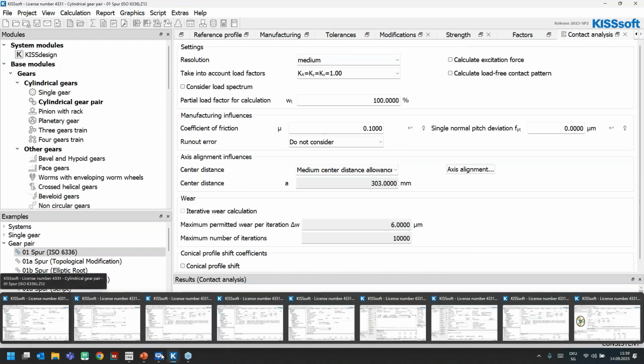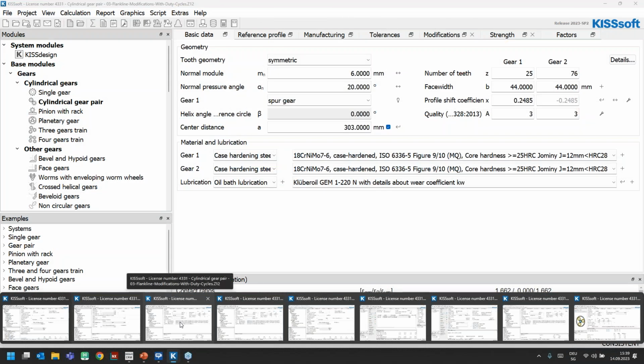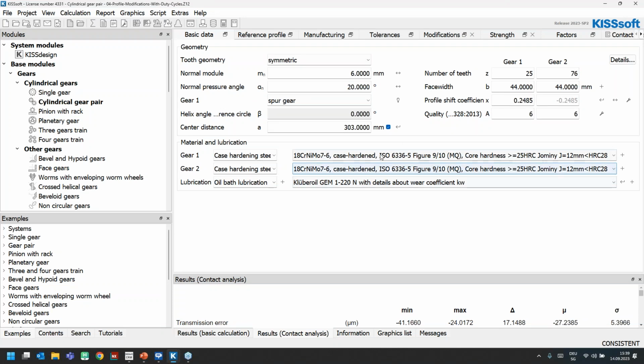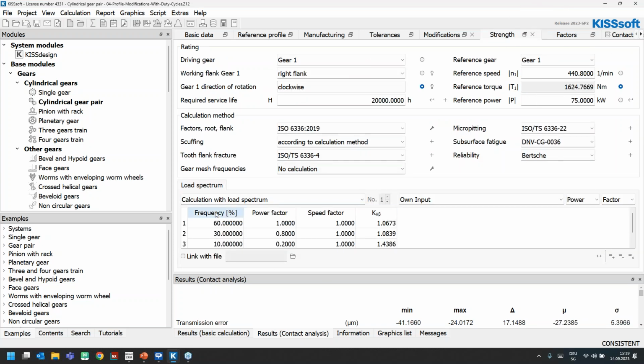So how do we now account for duty cycles? The principle is the same for flank line modifications as well as for profile modifications, and I have prepared for you an example with a relatively simple duty cycle. We can see that 60% of the time we have power factor 1, meaning these 75 kilowatts. 30% of the time we are at 0.8, or 80% of the power, and then 10% of the time, something like a shutdown, we have 20% of our